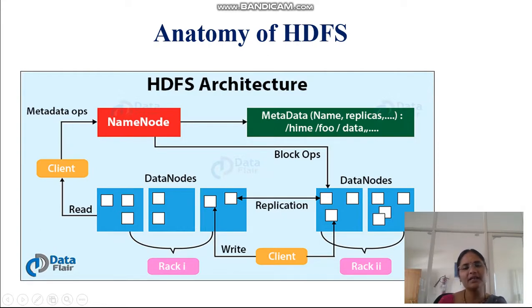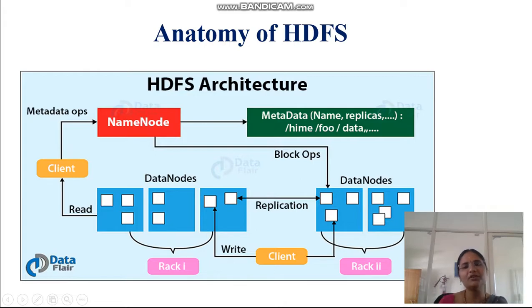For example, if one data node crashes, we still say that our HDFS is designed to be highly reliable. Whatever data the crashed data node held, the same data duplication is also maintained in some other data node. In that way, it maintains replications, so it is highly available. The name node is specifically designed to give the specific address of the data node, metadata as well as replications. So the entire data related to data nodes and replications is maintained by the name node only.